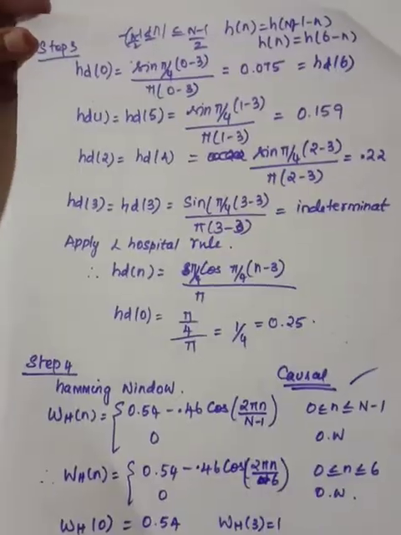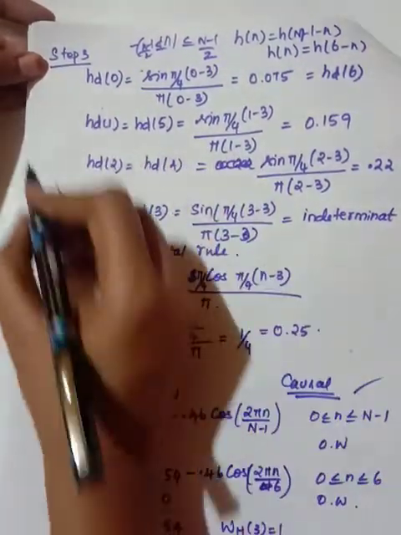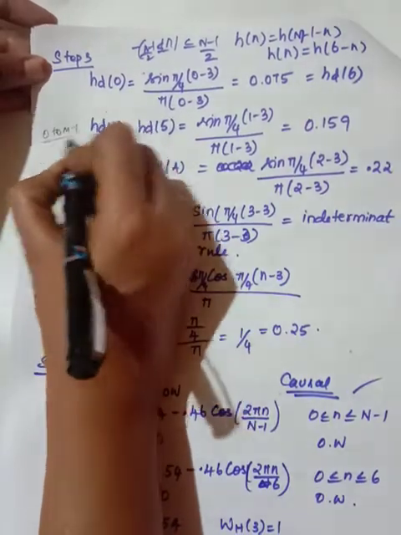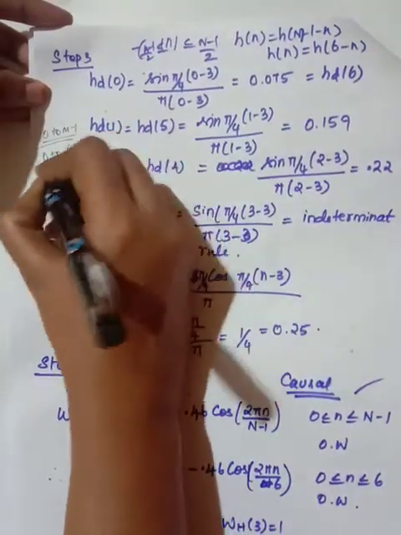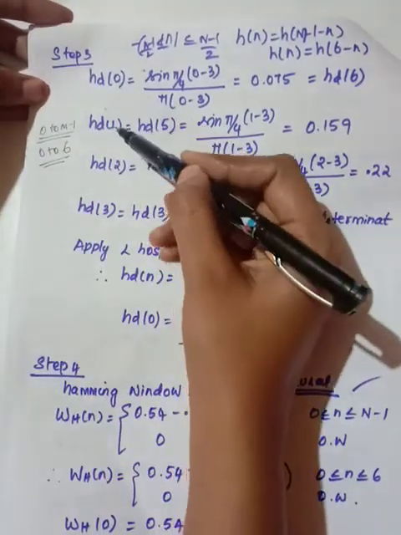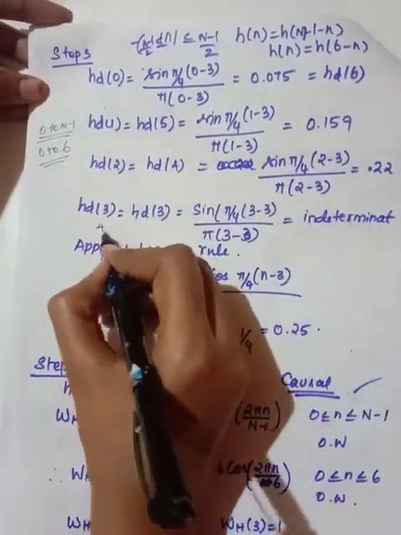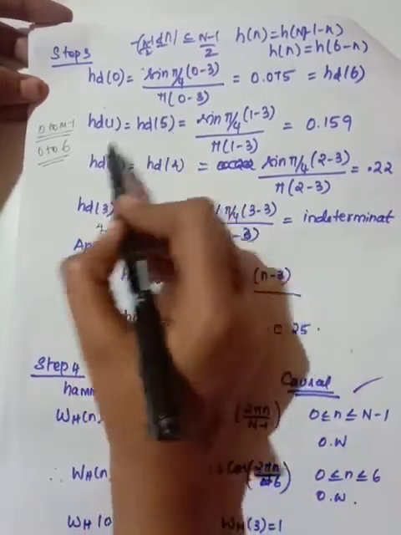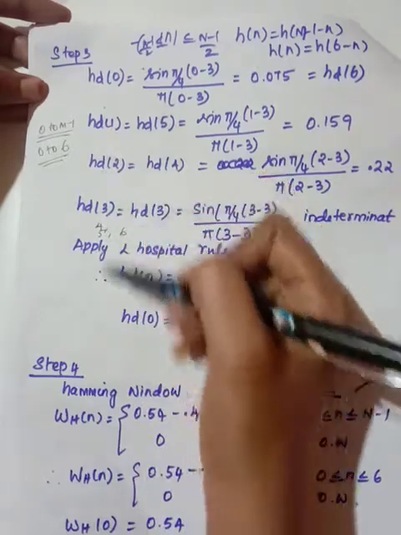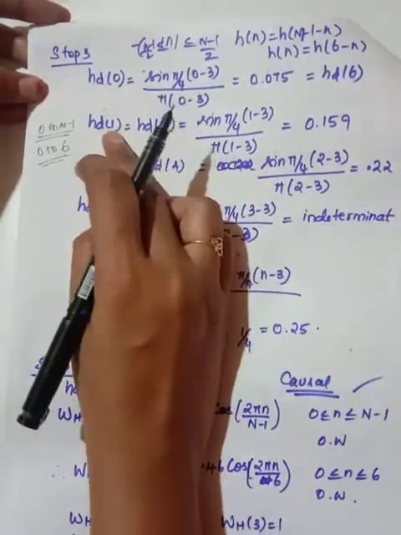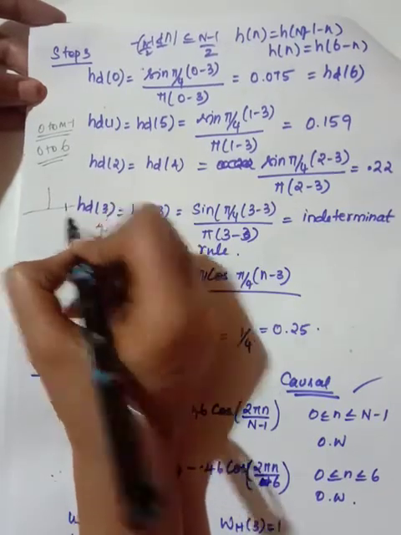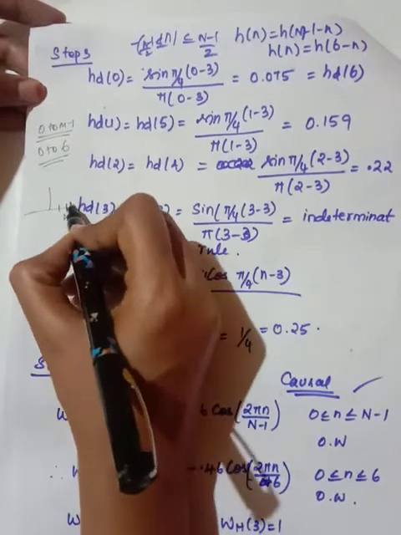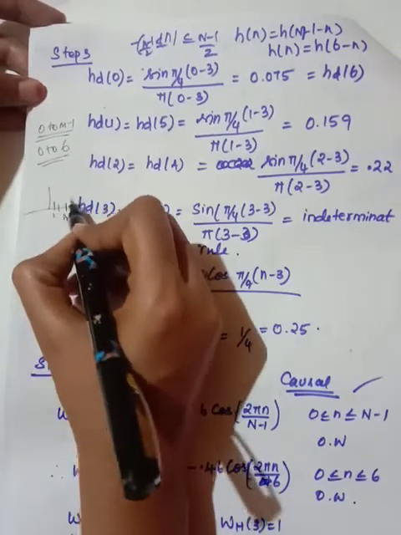Now here I am going to find the 0 to M minus 1 values, right? What is the value of n? Here M is equal to 7, so we need to find the values 0 to 6. So I am substituting 0, 1, 2, 3, and here you also find 4, 5 and 6. I have written it like this because if you find this, both answers will be the same. The response is a symmetric response, right? The center value you will have is 1. Here the center value is h of 3, h2 and h4 will be the same, then h1 and h5 will be the same.